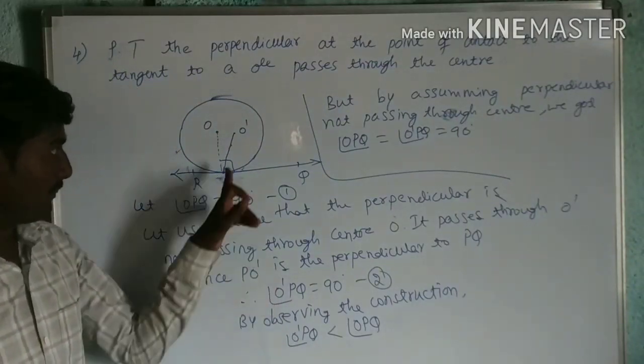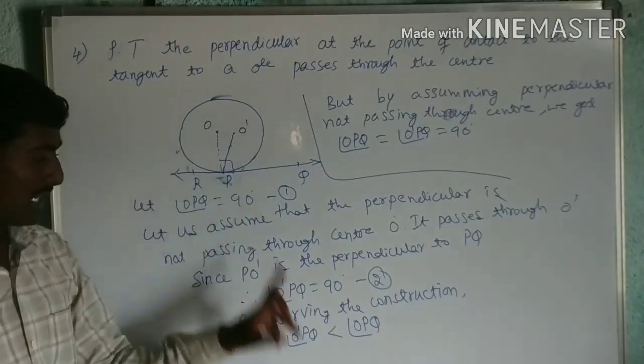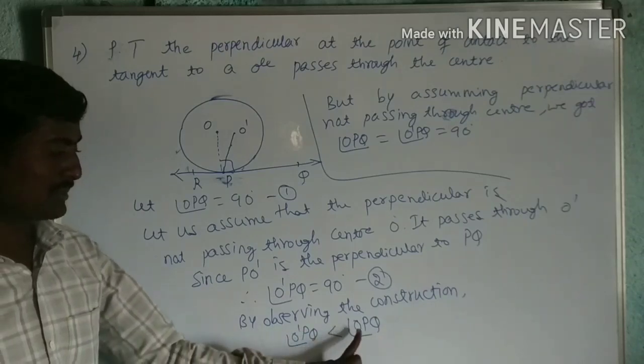See here, by observing the diagram, I can say that O dash PQ must be less than